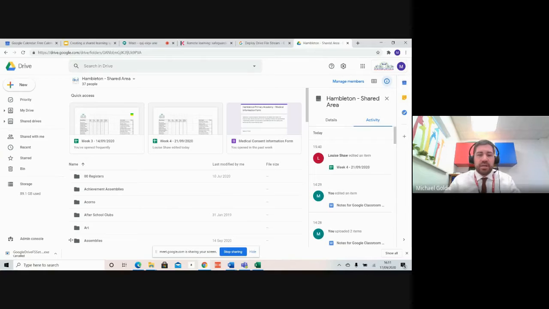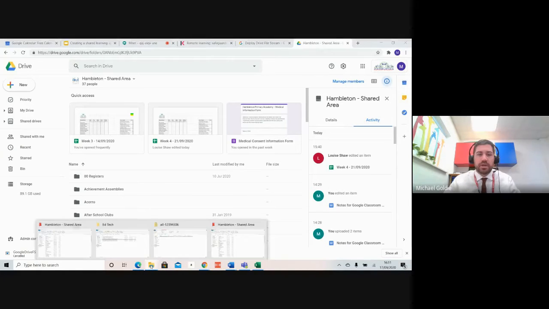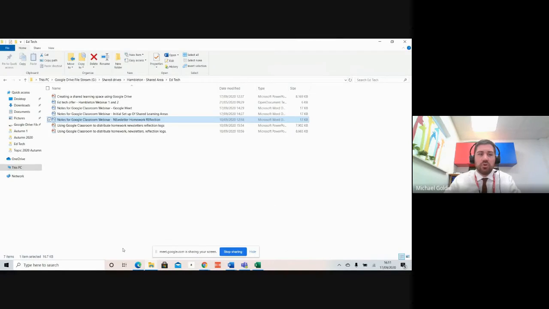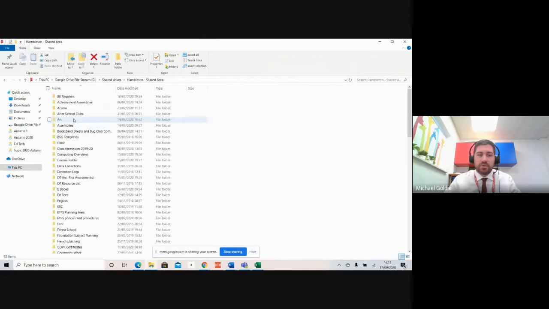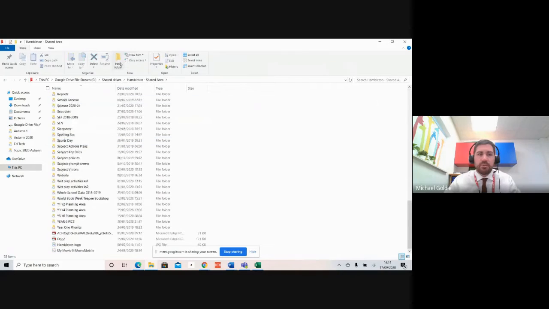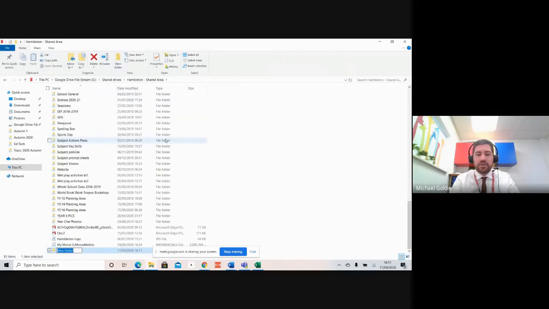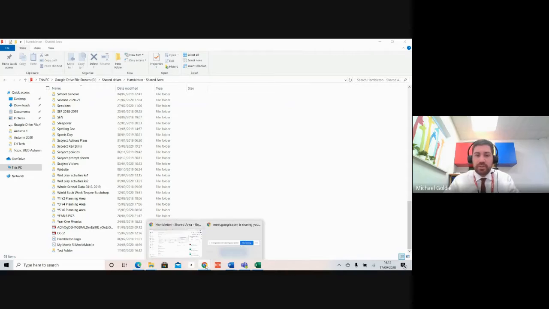Next, setting up working areas, another really simple process. It's just like setting up a normal file in File Explorer. You simply go into your shared drive, sort out a shared area, and if you want a new area, click a new folder. And if I call it test folder,